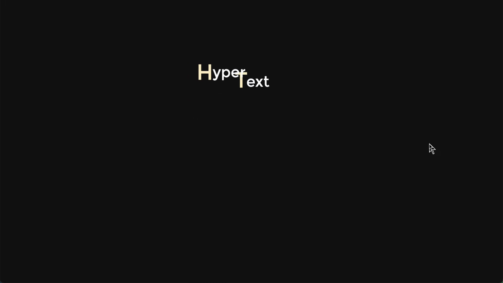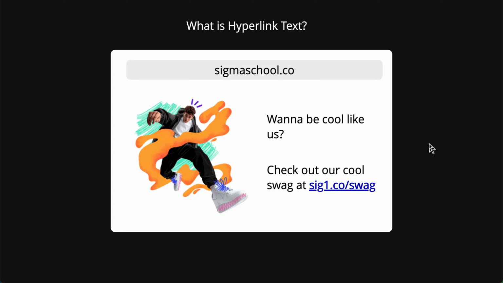So let's begin with the first two words, which is essentially actually just one word, which is hypertext. Hypertext is essentially hyperlink plus text. So what is this hyperlink text? Well, essentially, if you were to go to a simple website like sigmaschool.co, then you'll probably be shown a website. So this website itself is basically showing us that, hey, want to check our cool swag at